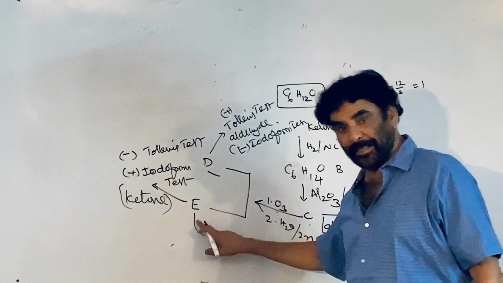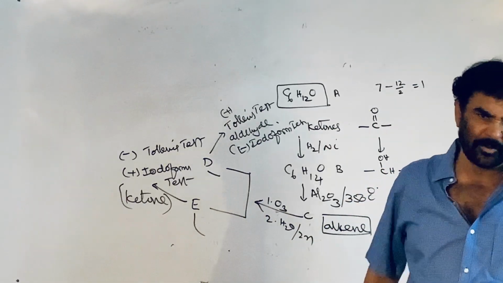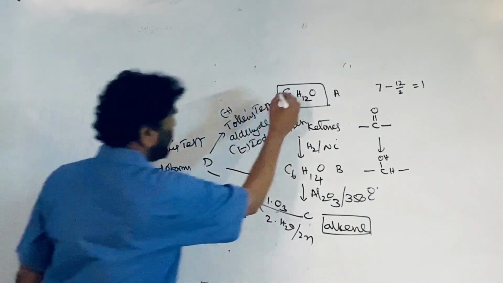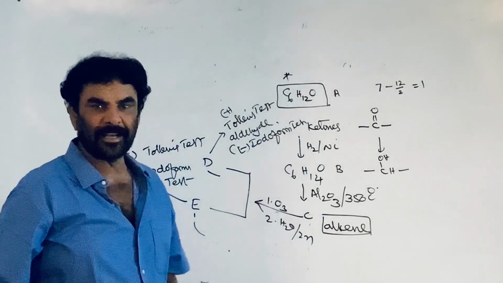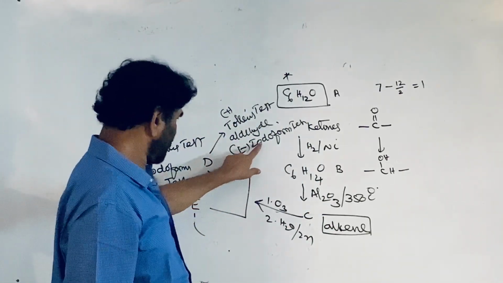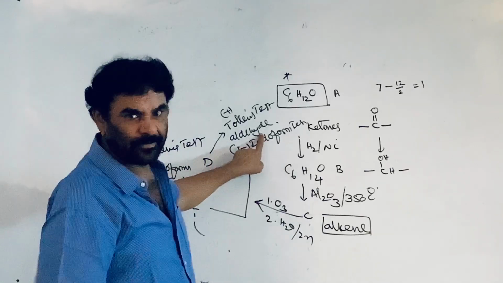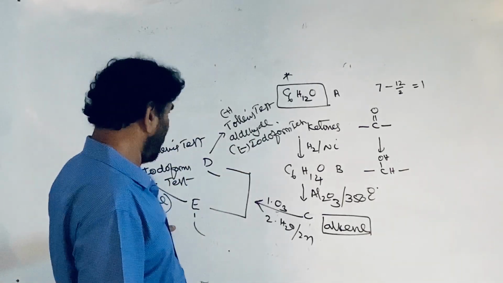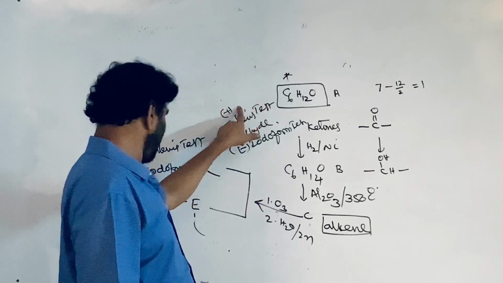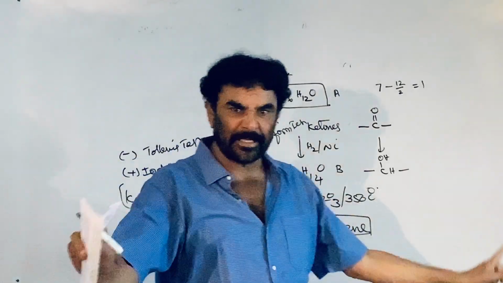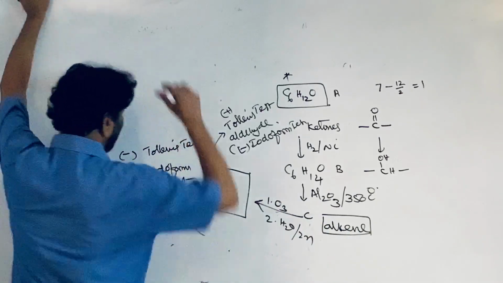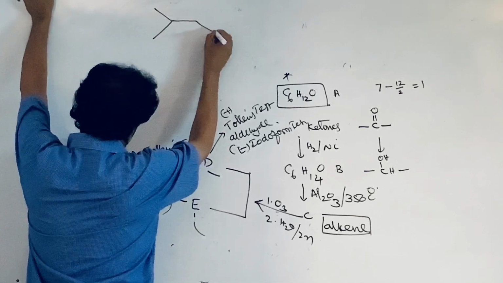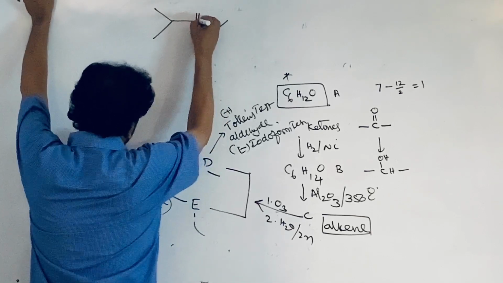Ketone giving the iodoform test means a minimum of 3 carbon atoms should be there. See, there are total 6 carbon atoms, right? These 6 are distributed, some of them in the aldehyde, but not 2. Aldehyde should not contain 2 carbon atoms. Therefore, it should contain 3 plus 3, 6. Therefore, your compound is the isopropyl ethyl ketone.